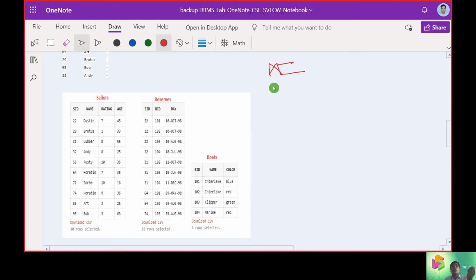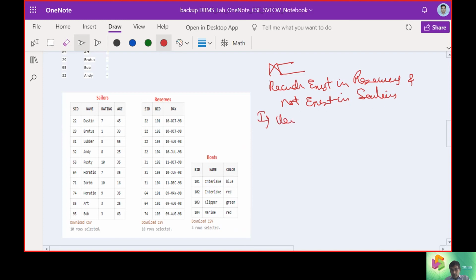Now records that exist in reserves and do not exist in Sailors, if they don't exist, mark them as null.